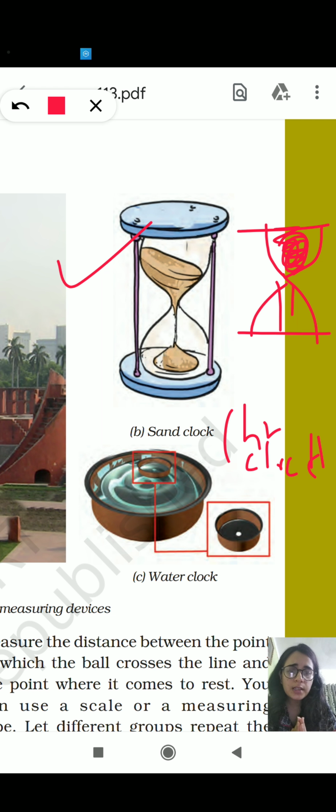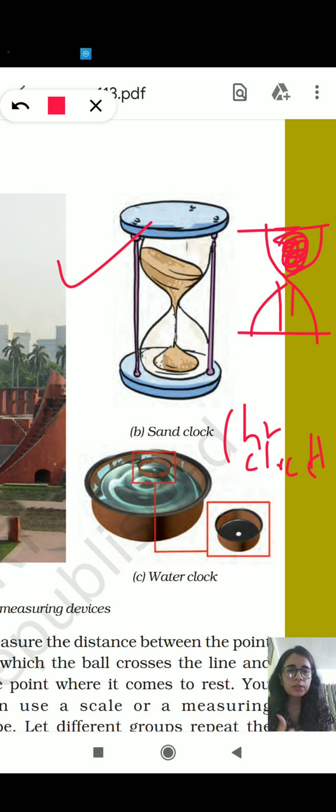It is just used when we need to have an idea of a time interval. It does not give us the exact time, that now it is 10:30 or 10:45. It will just give me an idea of when I started this and when the clock finished, so what the time interval was between the two. So it is approximately 1 hour.